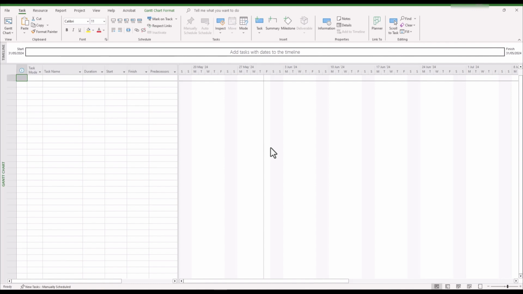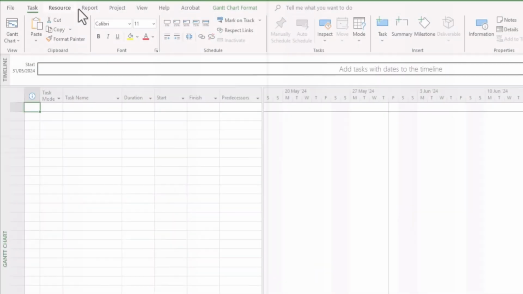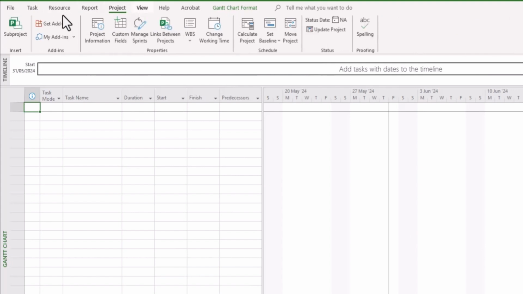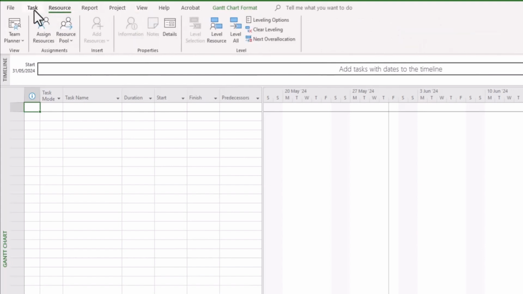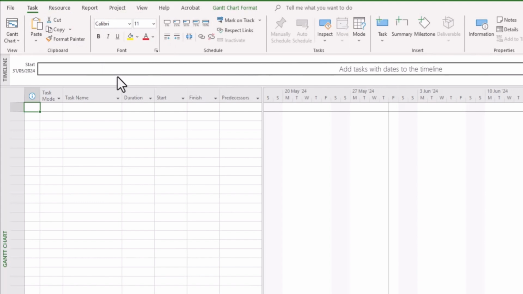First of all, let's take a look at some of the various sections of a typical worksheet as we see here. You can see the various ribbons up on the top here, and a lot of these ribbons mimic Microsoft Office Suite, but there are a few different options which are unique to Microsoft Project, and in this video series we'll certainly do a deep dive to take a look at some of the advantages there that can help you along the way.